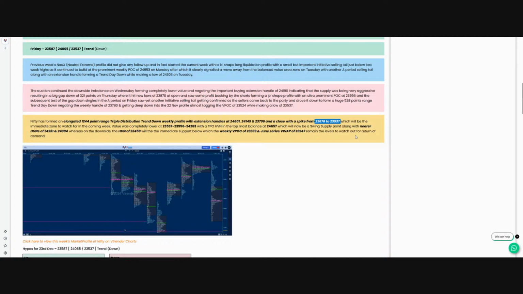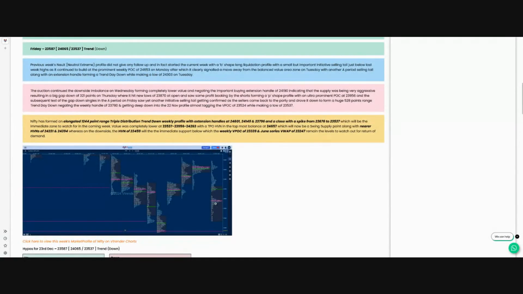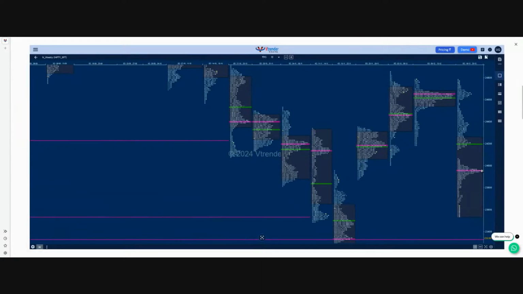On the downside, we are looking at this 23459 as the lower support, below which we are looking for this tag of 23339 and 23247, which is the June series VWAP. So the weekly profile, you can see it was a triple distribution trend down one, which closed in a spike. So that is what we were ahead of, and this prominent POC of the week